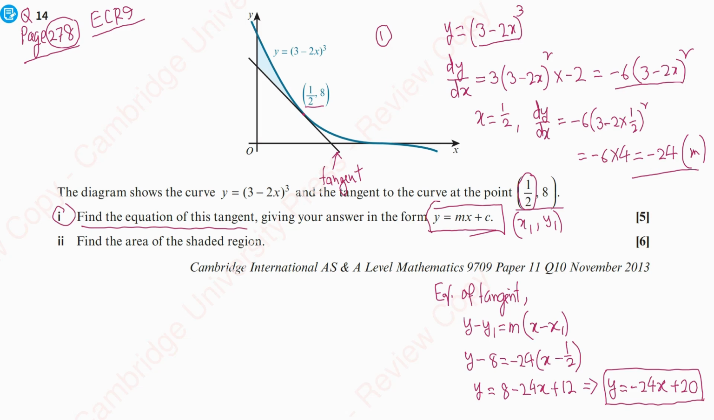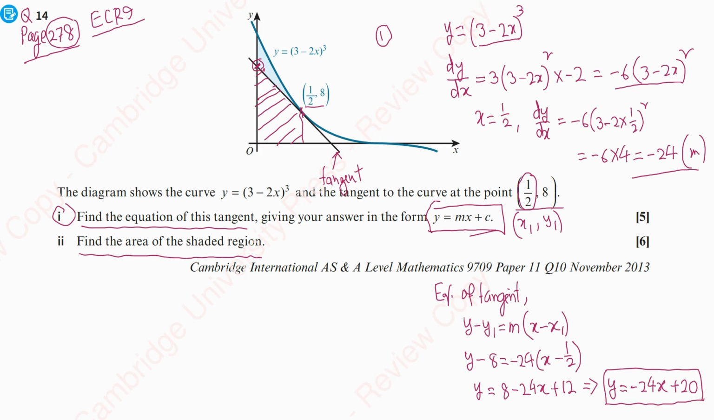Now we are going to find the second part, which is: find the area of the shaded region. See the shaded region: it is under the curved line and above the tangent. So we can do one thing. If we draw a line from here to there, we can find the area under the line, which is the white part. It's the shape of a trapezium, we can say. So in that case, we have to find the coordinates from here. We already have